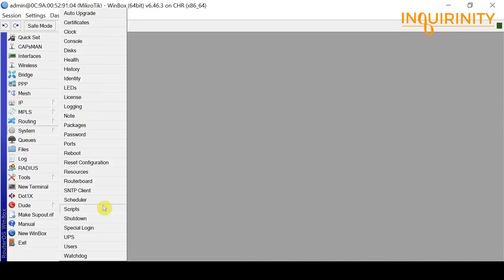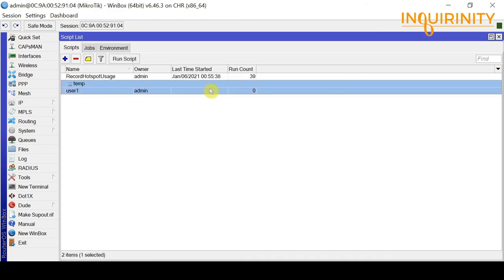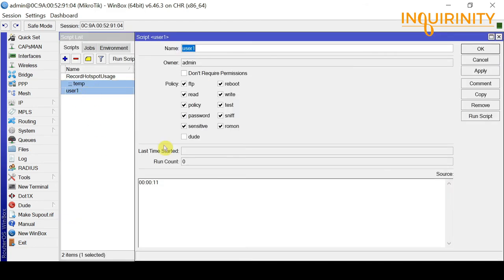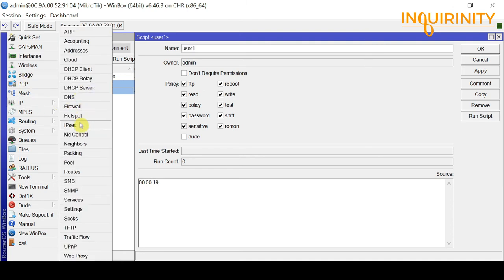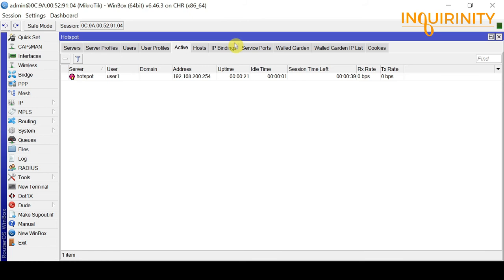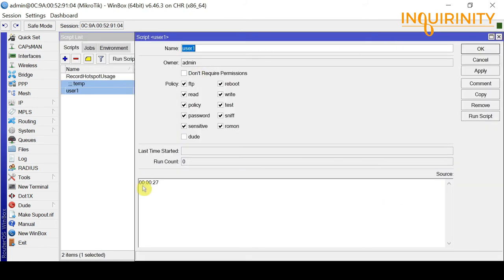So the system scripts now records the user 1, and if you could see, it will record the uptime. So now you see the changes. Each second it records the uptime on the active uptime here. So the active uptime will be stored on this temporary script. So in the event of a power failure, there is now a temporary repository of the uptime,